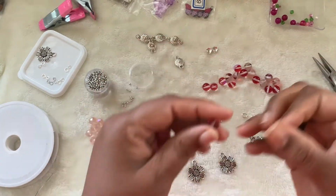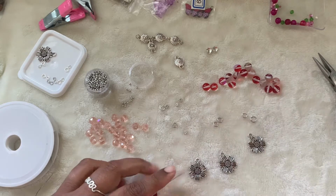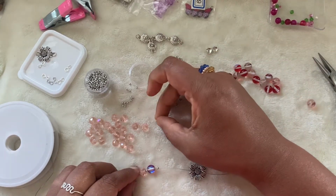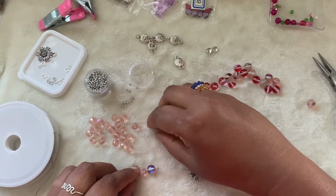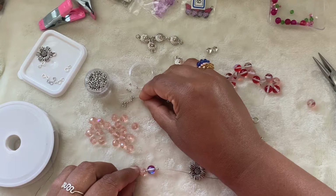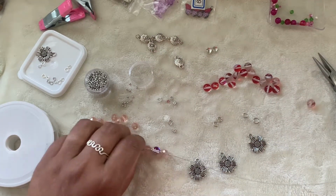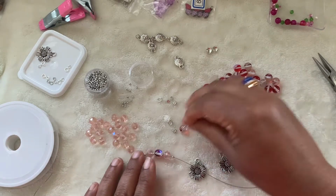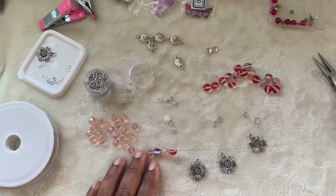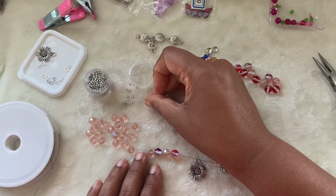You can also add seed beads if you have that in your stash. I just wanted a little bit of length, plus because I have only 40 beads or so for the entire necklace, I wanted to add more elements to it. So probably that's the main reason I'm doing this. Plus if I add a metallic element,